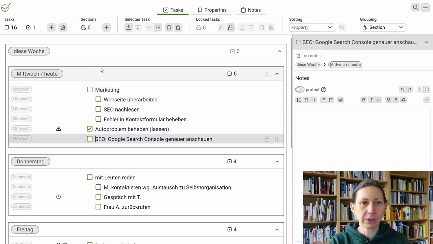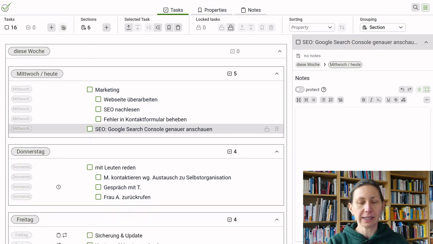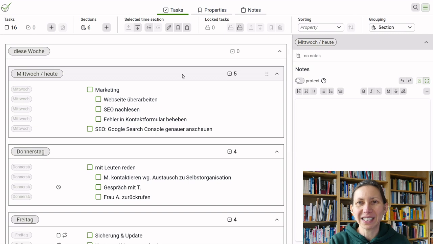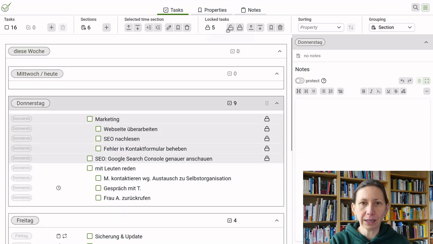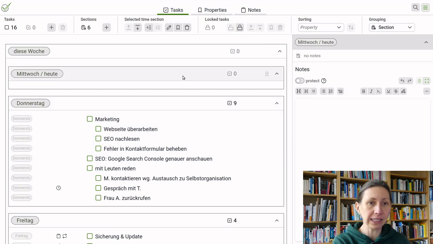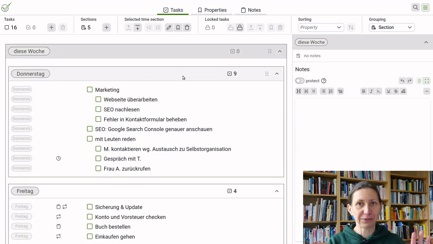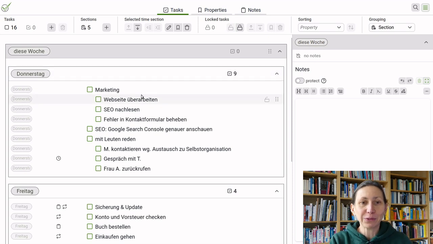So first of all, let's get rid again of the things we already did. That doesn't bother us anymore. So a typical thing that I'm doing during the week is to really just shift it all to tomorrow. So you can do that by just selecting everything in the group and moving it on to the next day. And we switch that, and then I can just delete today and I'm done. I can go home, it's fine. As you see, of course, your list gets longer for tomorrow, and this is already a bit too much for one day.